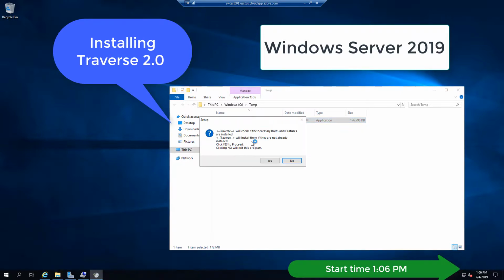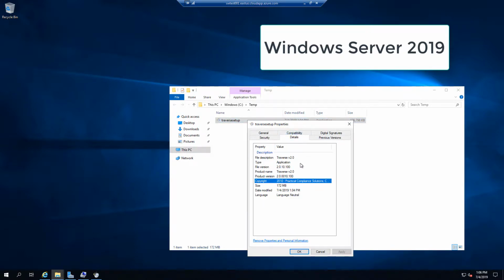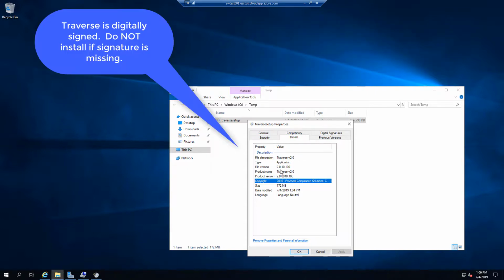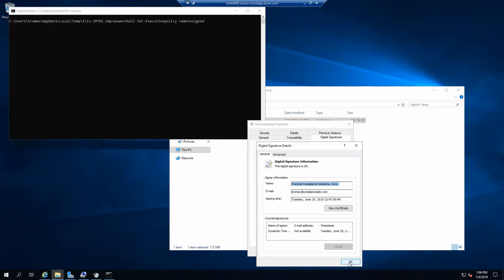Hi there, this is Tom Romeo from PCS, and we're installing the brand new Traverse 2.0. It's compiled on the .NET Framework 4.6.2. You can use the .NET Framework 4.5, that's the minimum. We're installing it on a Windows Server 2019, and as you can see from the video here, all of our